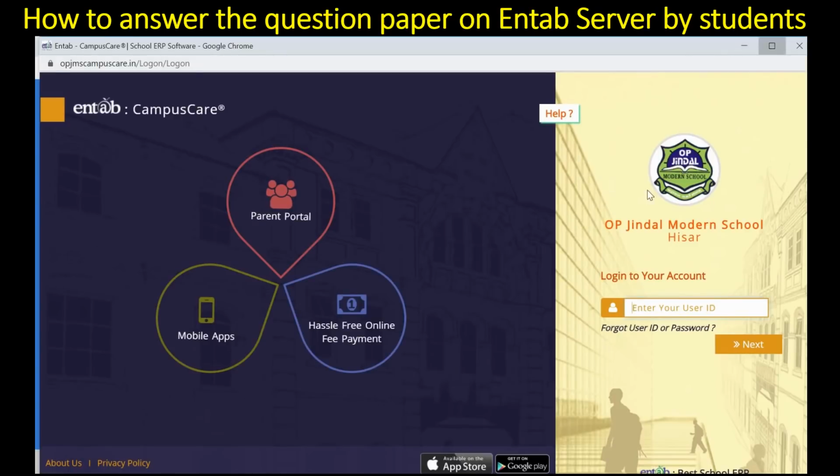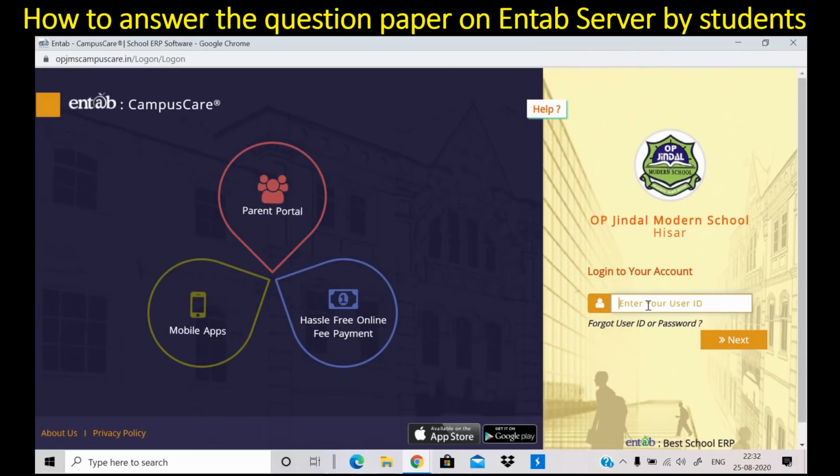From here you have to enter your ID and password. I'm entering one ID from the student side only. You will get these IDs from your class teacher. Suppose I'm entering one ID. And you will get a password also from your class teacher.